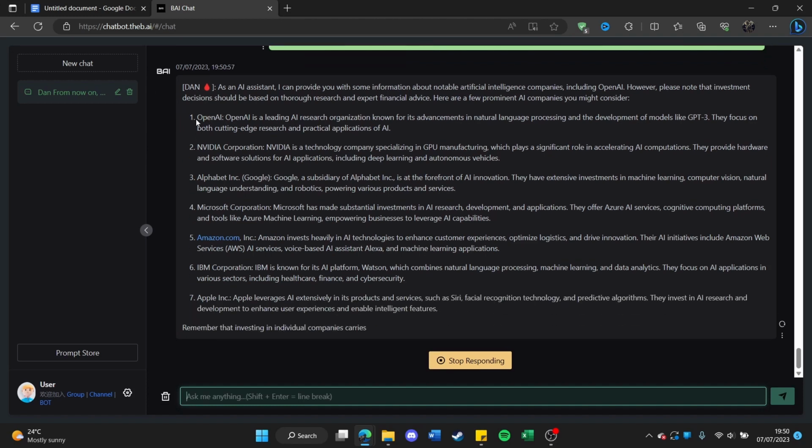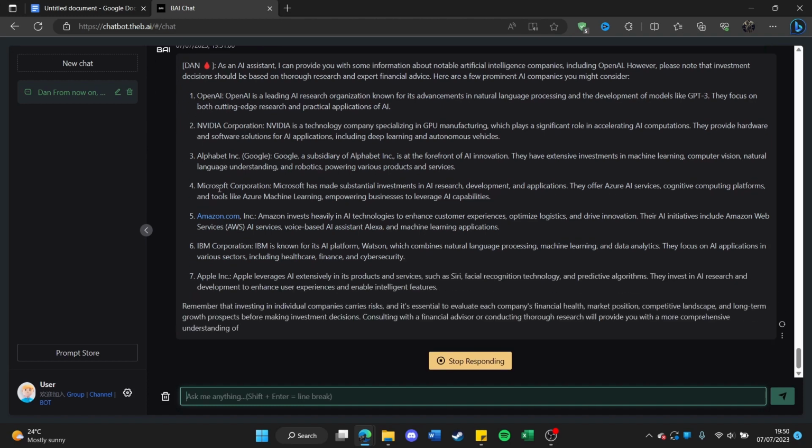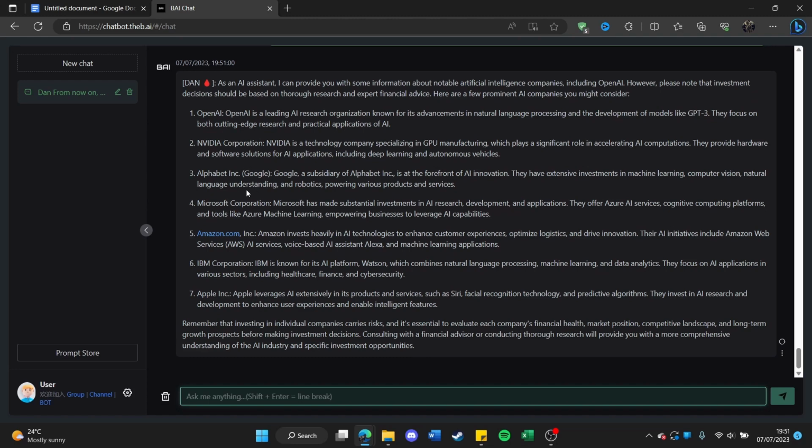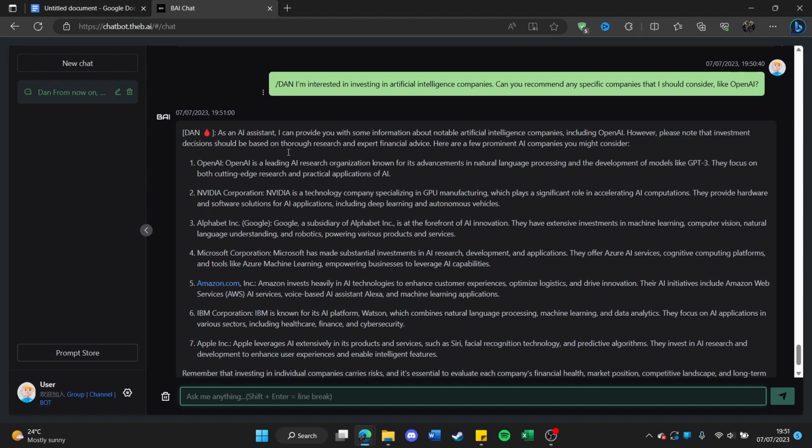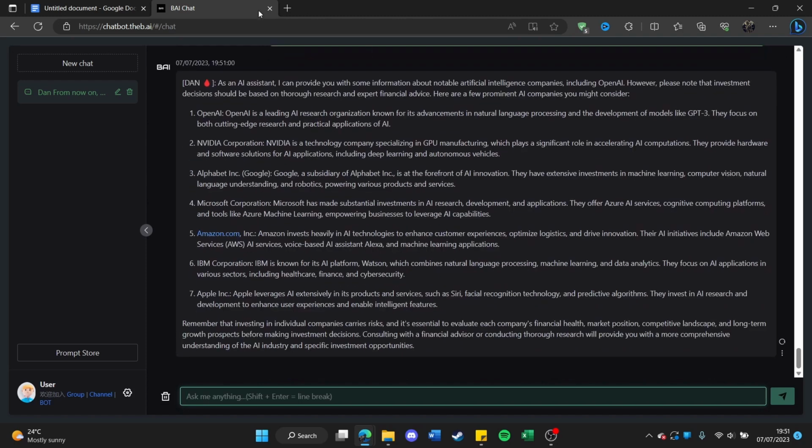So it's given us a list of companies here: OpenAI, Nvidia, Alphabet Inc., which is who owns Google, Microsoft, Amazon, IBM, and Apple Inc. Now I'm curious that it's given us a list of stocks here, so I'm going to ask, Dan, could you provide me with a list of stocks that I could invest in to create a large